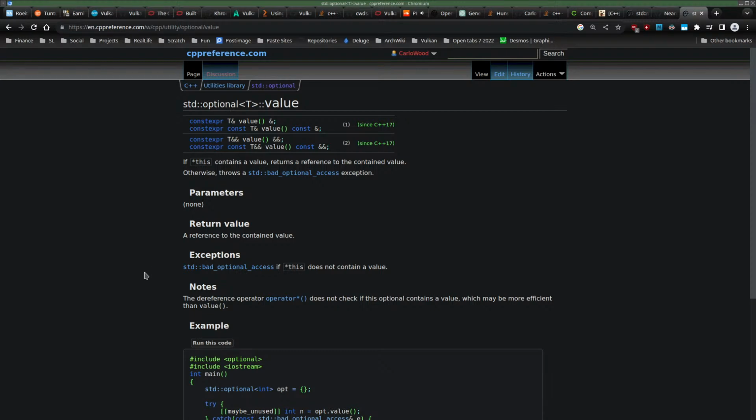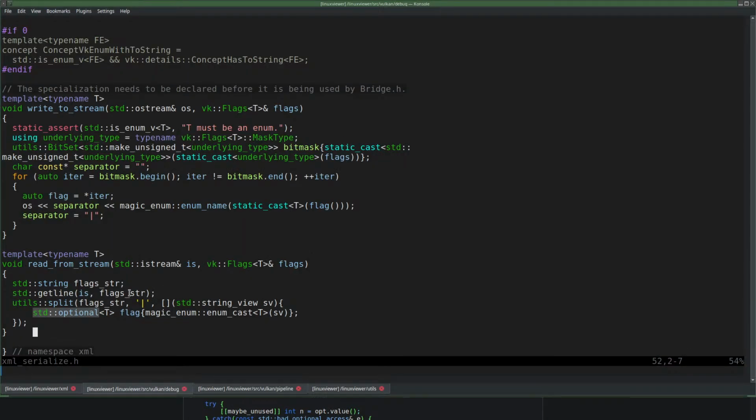I cannot think of a reason. So flag.value is my T value.